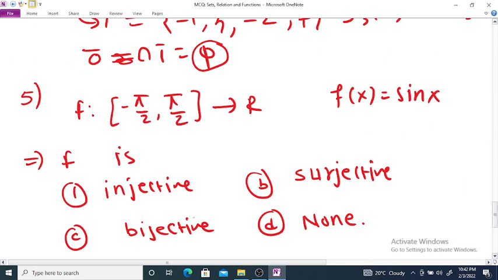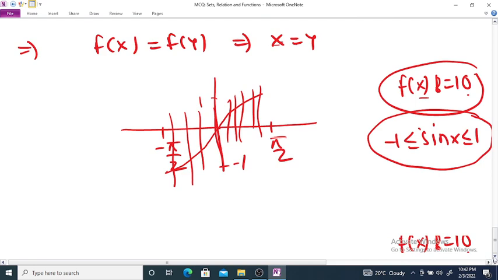Again, it is not a bijective function. So this option and this option are not correct. The correct option is what? It is an injective function. So the next example,